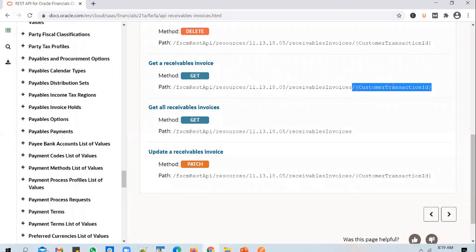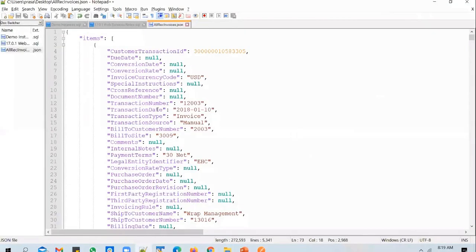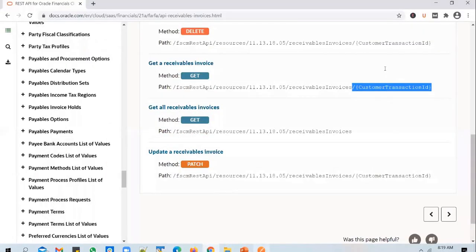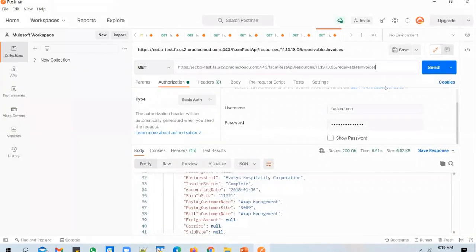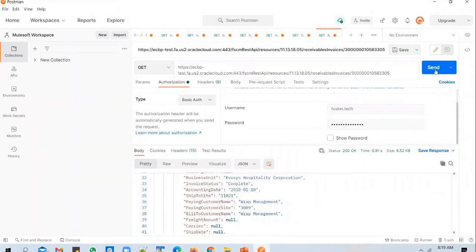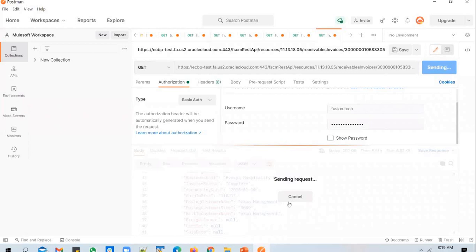If you put a slash and pass in a customer transaction ID at the end as a template parameter, then only that particular transaction's details will be pulled and displayed. Here, when we invoked this endpoint, we got back a collection of invoices, right? So let's pick up the customer transaction ID of the first invoice. Let's go back to Postman. We don't need to add a new request, just put a slash, add the customer transaction ID and send the request.